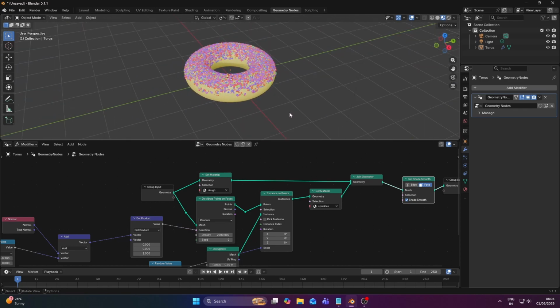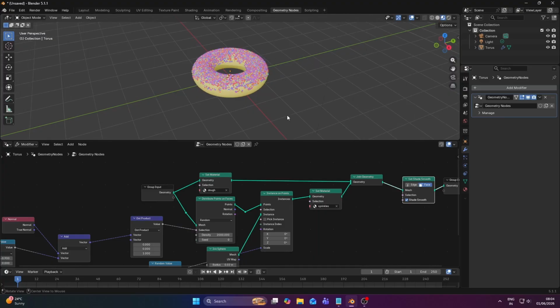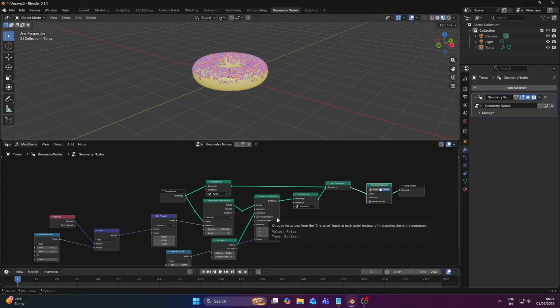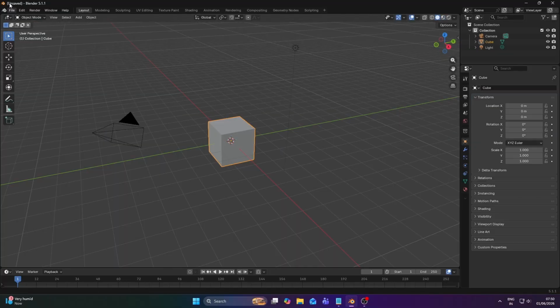Today we are going to create this procedural donut using geometry nodes. It's completely non-destructive and you can adjust the sprinkle density at any time. So let's get started. Create a new project